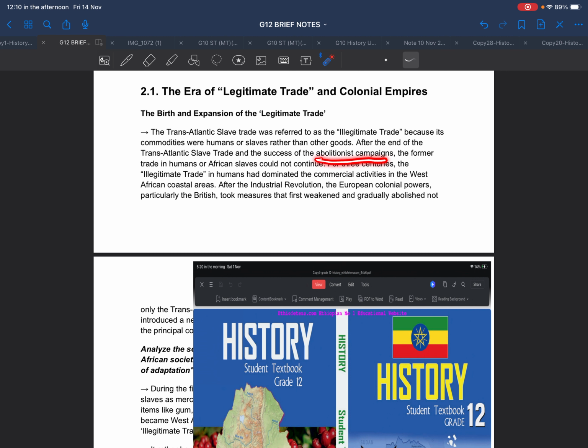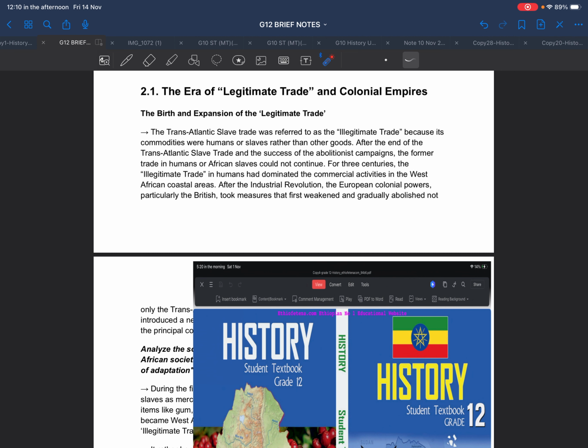The former trade in humans or African slaves could not continue. As a result of the end of the transatlantic slave trade, there was no way for the trade to continue,